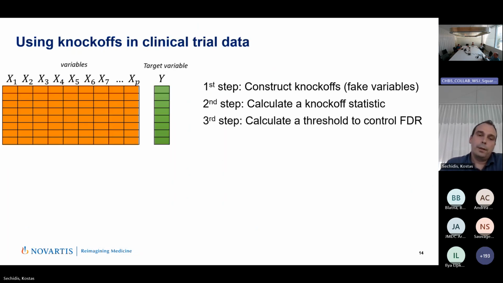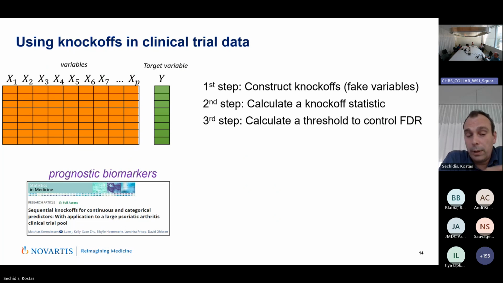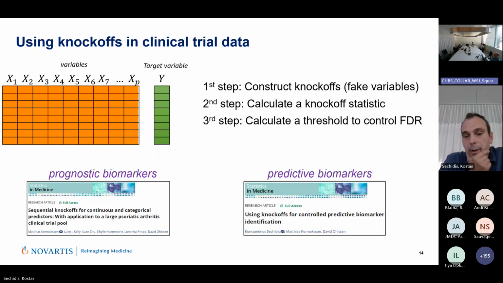Now, how do we use it in clinical trials? One thing is that the vast majority, not to say all, of the papers in the beginning were focusing on the case when the input space is continuous variables. But in clinical trials, most of the time we have mixed variables. We can have variables like ethnicity and gender, and then we have continuous markers from blood. So with this work, Matthias Kormaksson and colleagues suggested a methodology of generating knockoffs that can handle these mixed data types. And then we had a follow-up paper